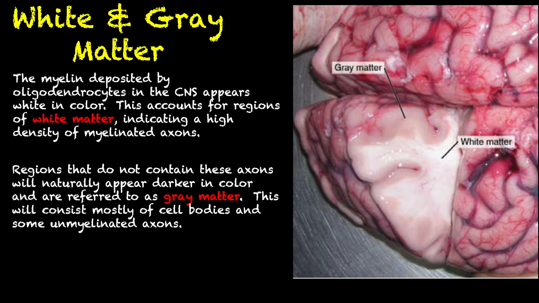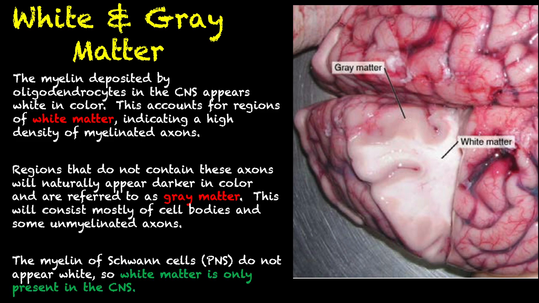So gray matter is going to consist of pretty much anything but myelinated axons. That's usually going to mostly be the cell bodies of neurons and also some unmyelinated axons. The unmyelinated axons you're more going to see in the spinal cord gray matter rather than the brain gray matter. An important thing to understand here is that you will not see this distinction between white and gray matter